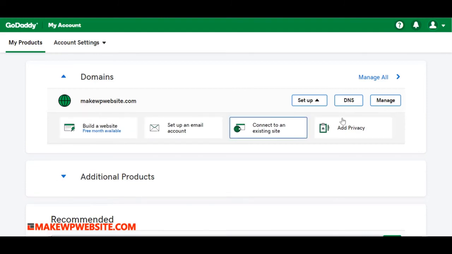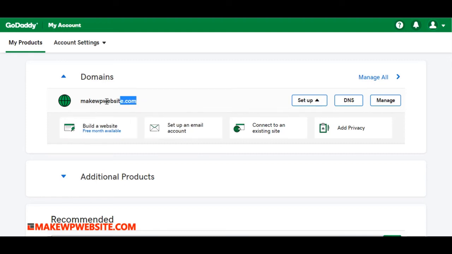It will try to give you so many options because we haven't selected anything. We haven't even connected to an existing site, and we haven't built any website on it. This is just a name, right? And we haven't even told where this name should point to, which server or which IP address. So this step is basically just to verify whether we are able to see the domain name in our account. Don't click anything here, because it will ask you to pay. And in the next steps I'll show you how to build a website using this domain name.